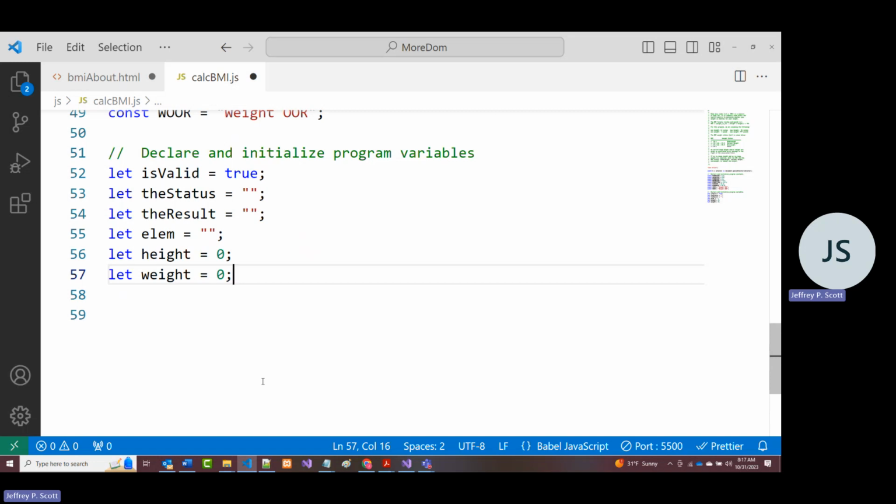If what you enter in there is non-numeric, or if what you enter in there is out of range, meaning for the height it's less than 12 or greater than 96, then is valid will be set to false. And the same kind of thing with weight. If we put in something non-numeric or a weight that's less than 1 or a weight that is greater than